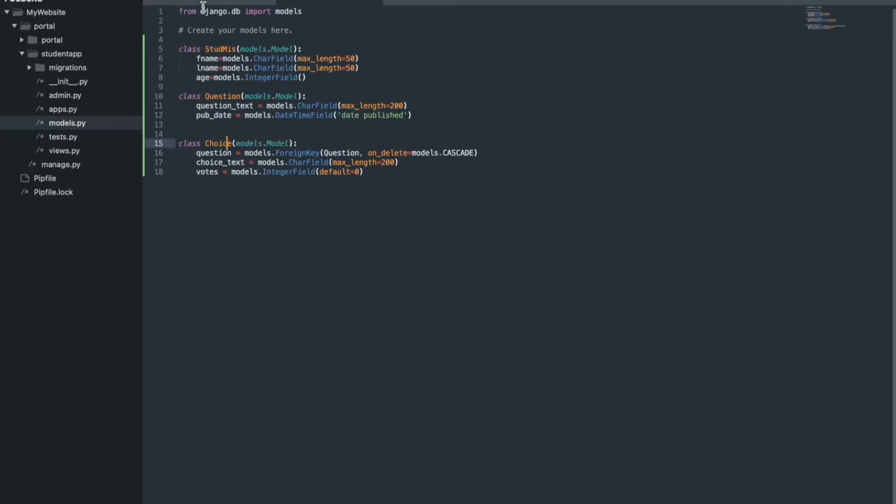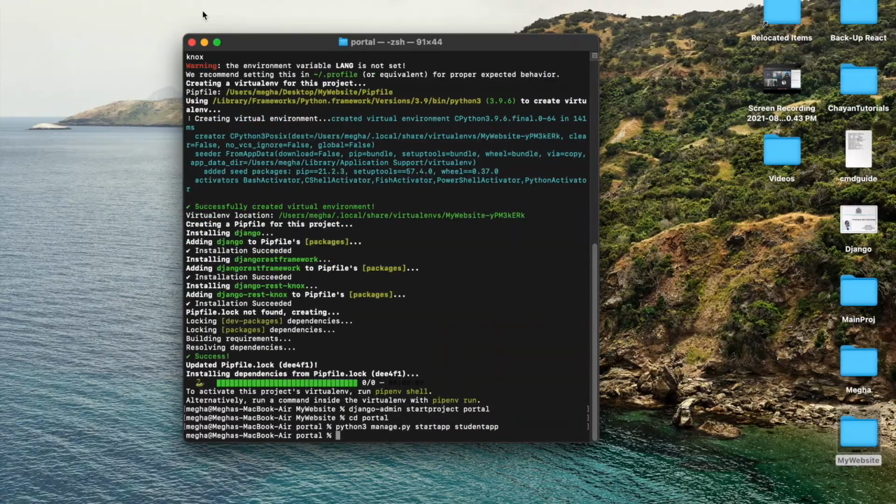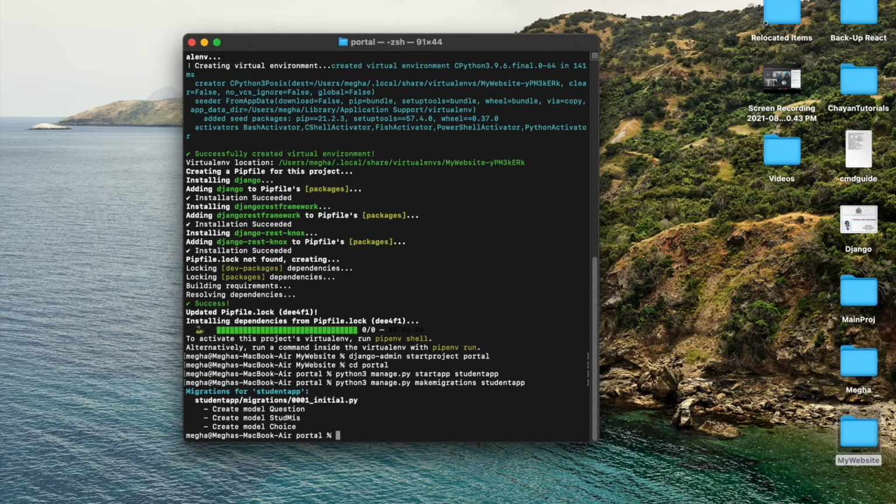Now once that is done, let's follow some commands. You go back to your CMD, and in your CMD you type this command: python3 manage.py makemigrations and the name of the app, student app. Okay, so if everything has gone fine, whatever databases you had created in the model should come up over here: